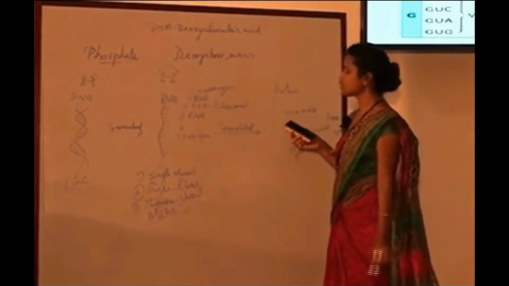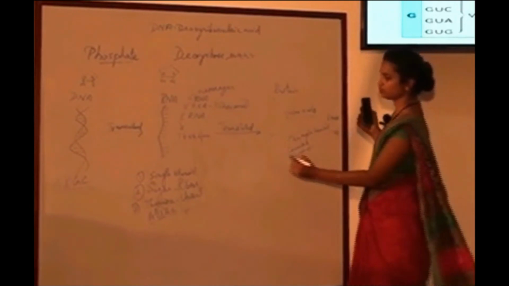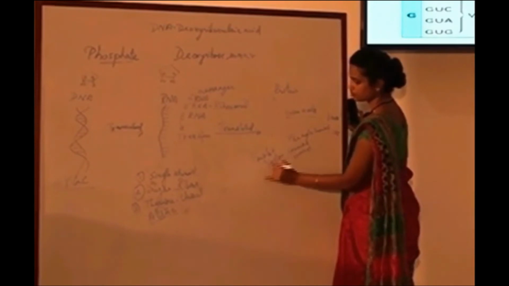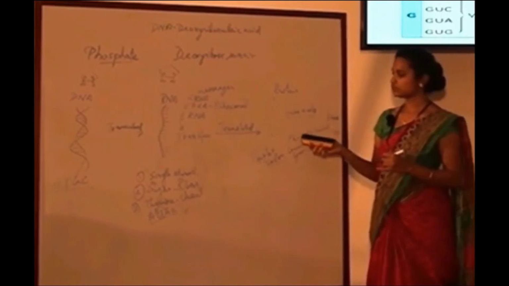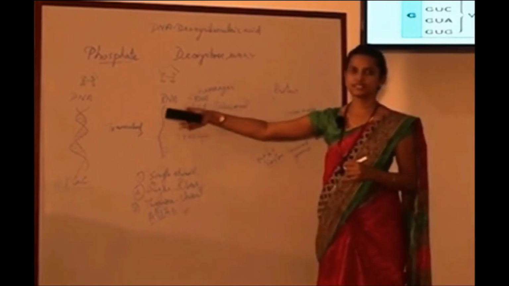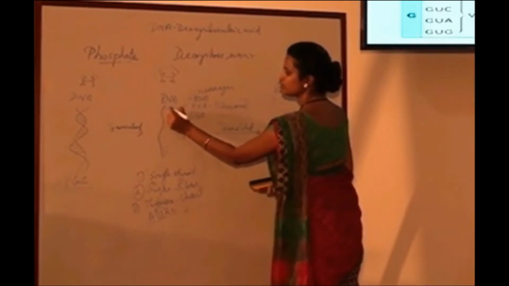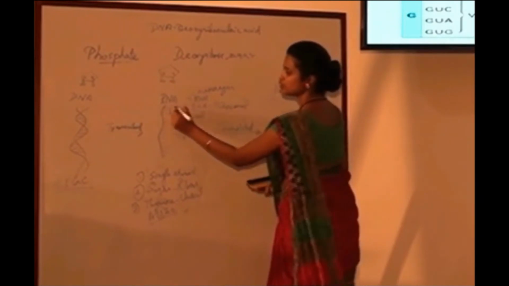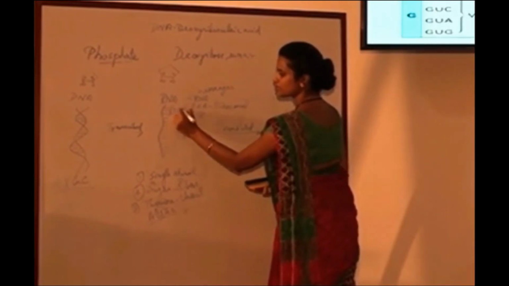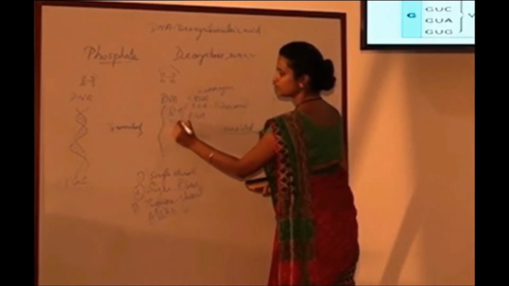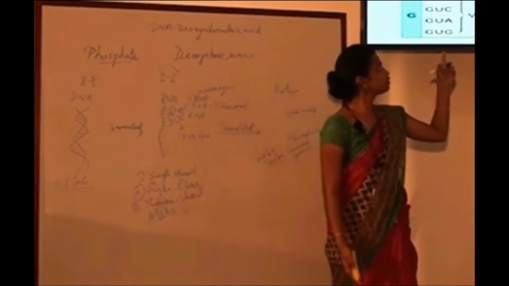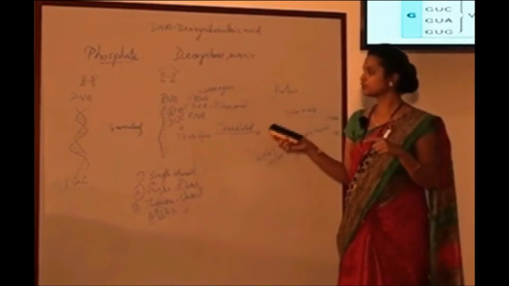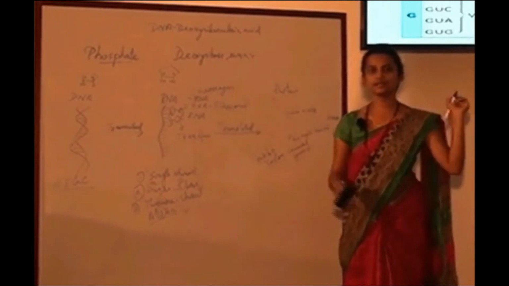For each amino acid, we have a triplet codon. So what is this triplet codon? These codons are present in the messenger RNA. For example, if U and A is present, this will code for one amino acid, and these three will code for another amino acid, depending upon the nature of the codon each amino acid has. So these are the different amino acids and their triplet codons.